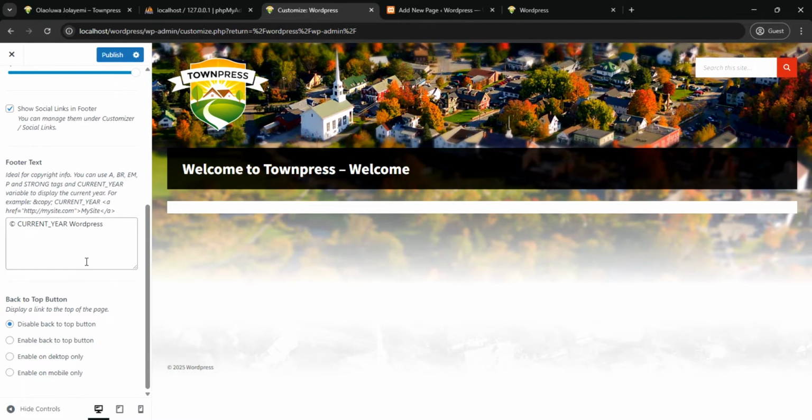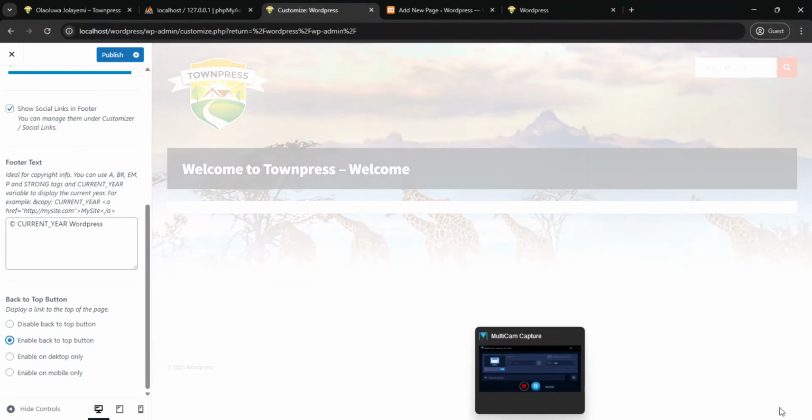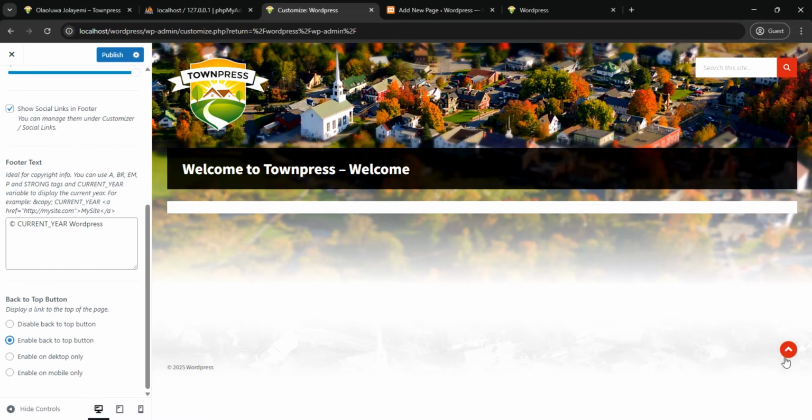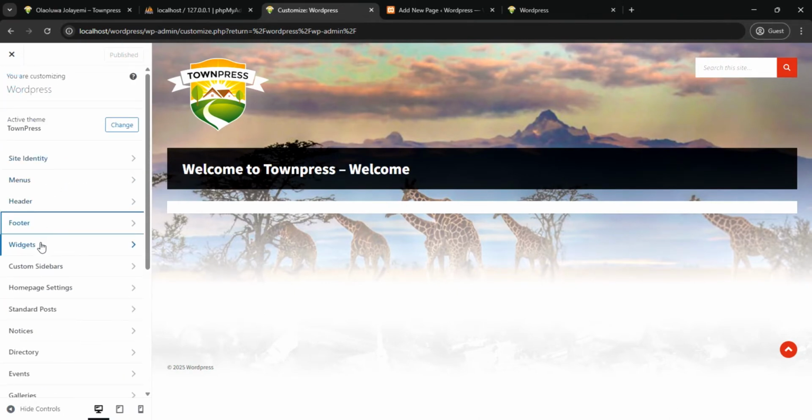Then okay, the correct here. There's this icon. I want that moved back to the top. There will be an icon here, so that you don't have to be scrolling. You can just click and then go back to the top. Then if I'm done with this, like I'm done now, I can just publish that, then go back and then